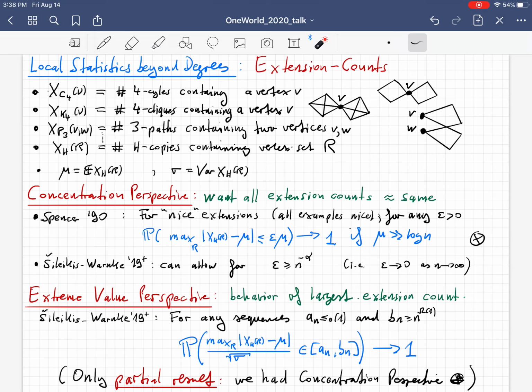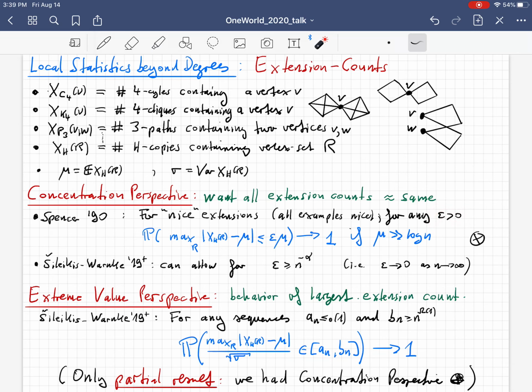He basically says that if you're looking at extensions that are sufficiently nice, and all the examples I have here on the slide are nice, so 4-cycles, these cliques, paths, and so on, they're all nice, what he showed is that you get an analogous result as for the degrees. If the expectation is much bigger than log n, then all the extension counts are close to the expected value. So the probability that you differ by more than epsilon times the expected value from the expectation tends to 0. And he proved this for any epsilon bigger than 0